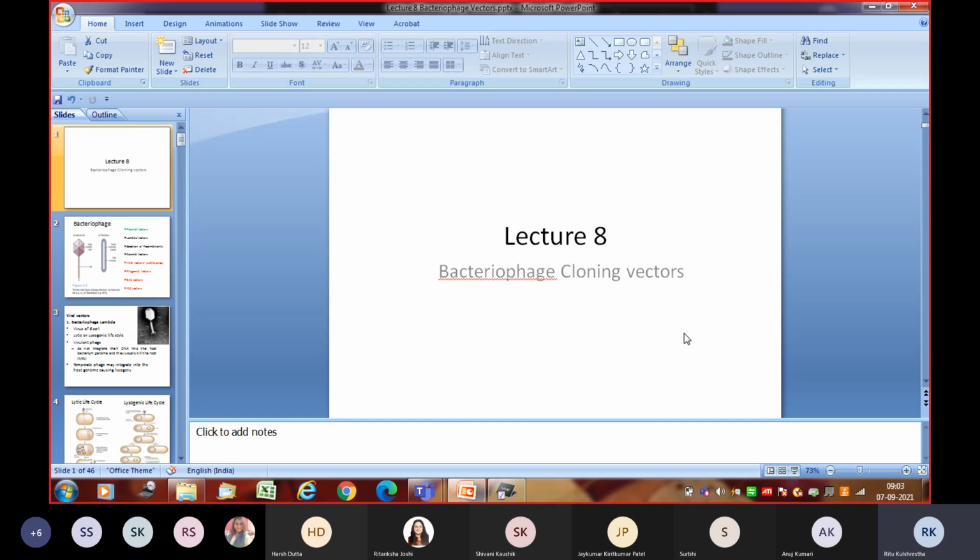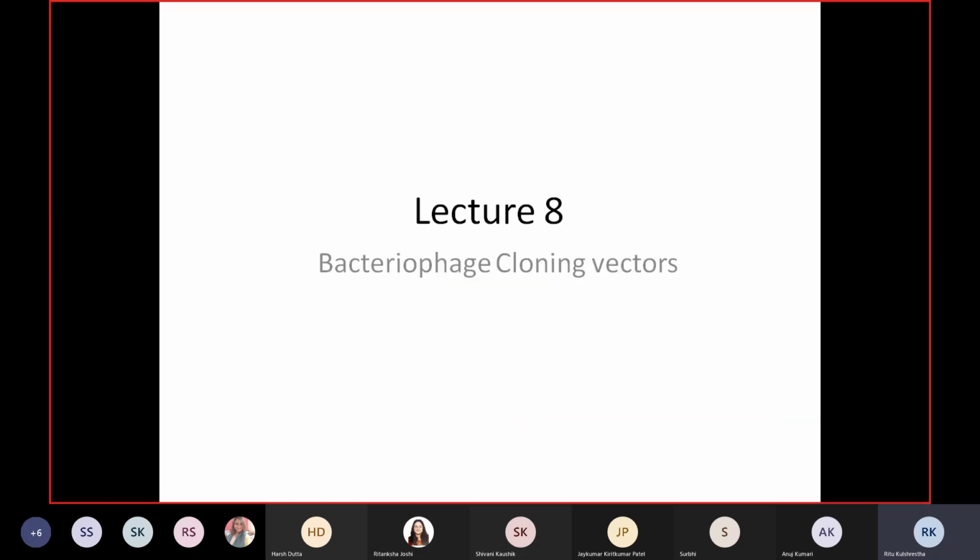Okay, so let's get started. This is in continuation. In fact, the next 2, 3 classes would also be about cloning vectors. It's just that they will be different cloning vectors. Some will be plant vectors, some will be mammalian vectors, some will be expression vectors. So be ready for the various types of cloning vectors, because that is what would be required when you do recombinant DNA technology, the selection of cloning vectors, which is very, very important depending on your specific